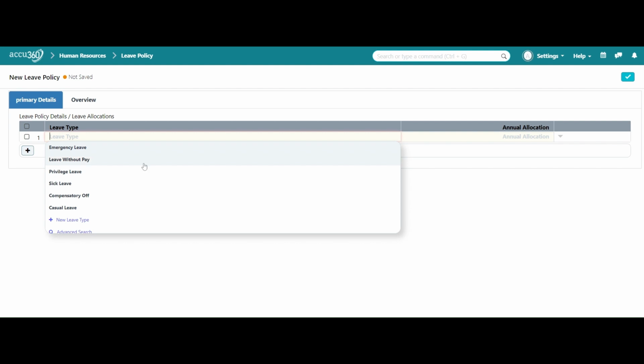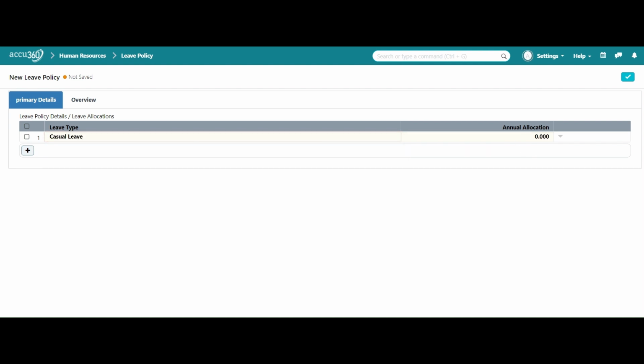Here in the leave type we will select the leaves. So first we will select the casual leave, and in the annual allocation we will mention 10 casual leaves. Okay,